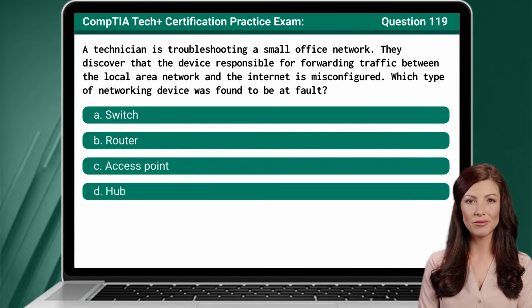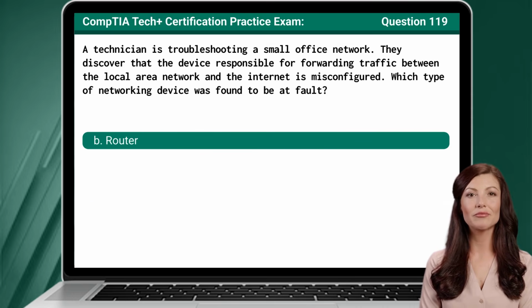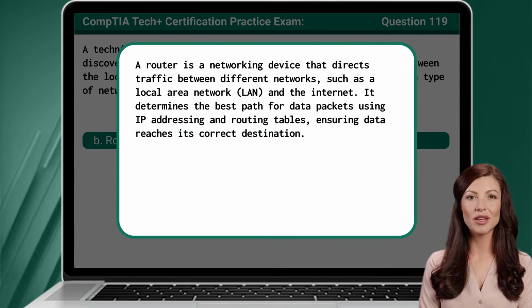Question 119. A technician is troubleshooting a small office network. They discover that the device responsible for forwarding traffic between the local area network and the internet is misconfigured. Which type of networking device was found to be at fault? The answer is B. Router. A router is a networking device that directs traffic between different networks, such as a local area network and the internet. It determines the best path for data packets using IP addressing and routing tables, ensuring data reaches its correct